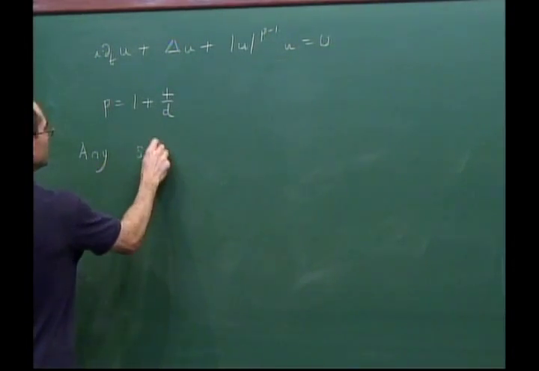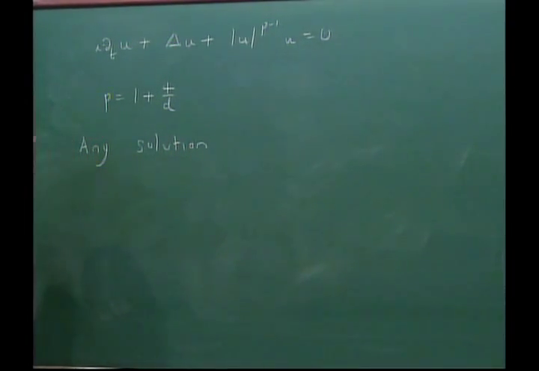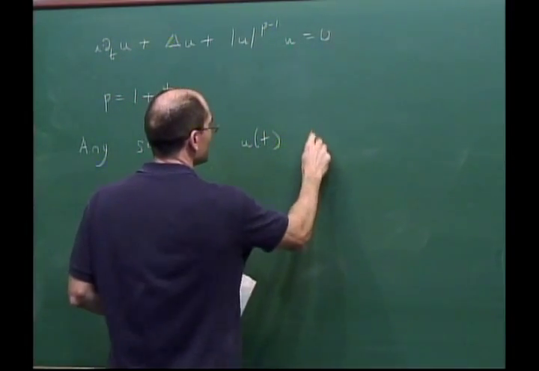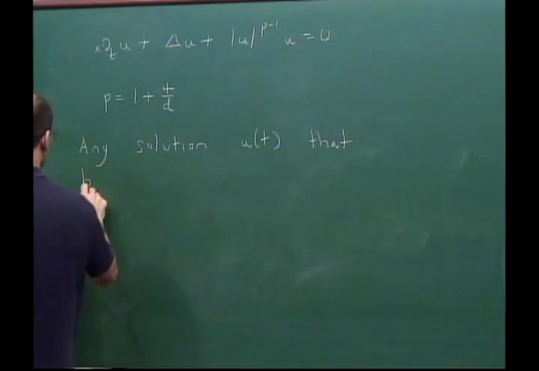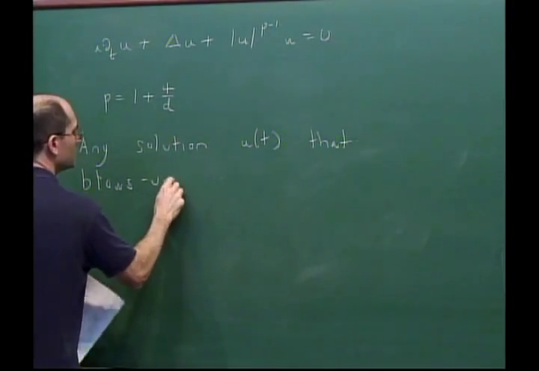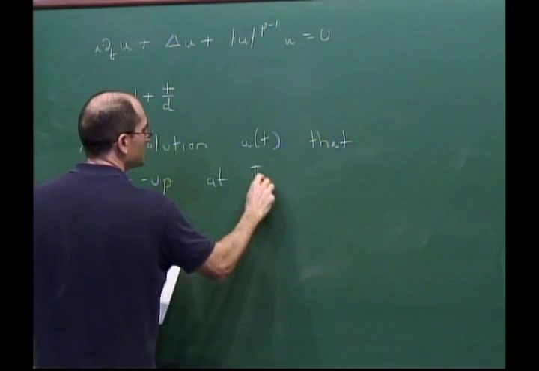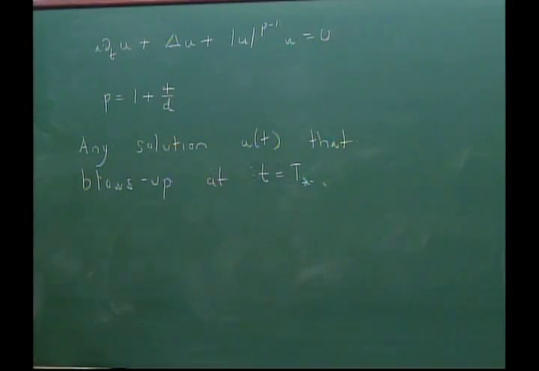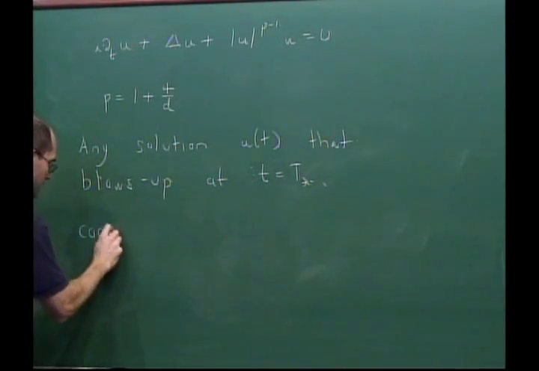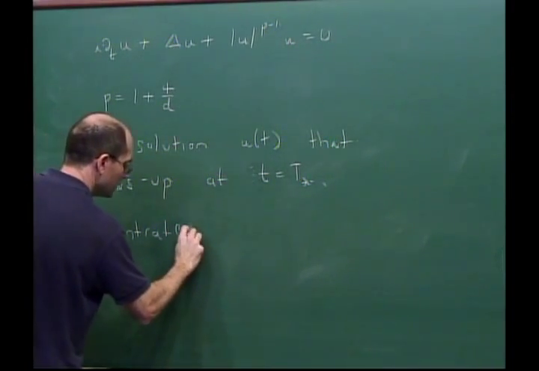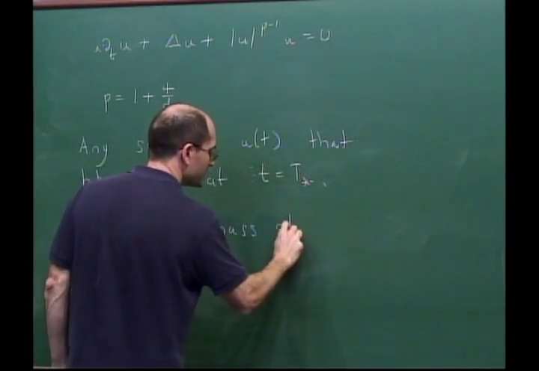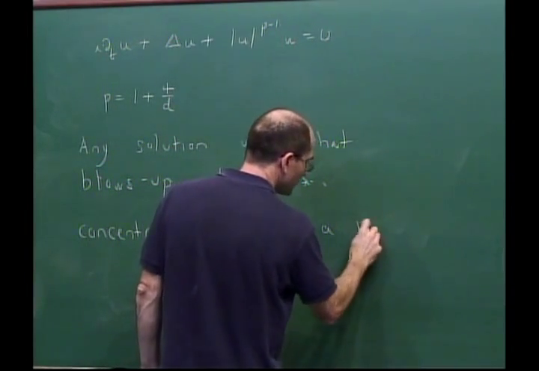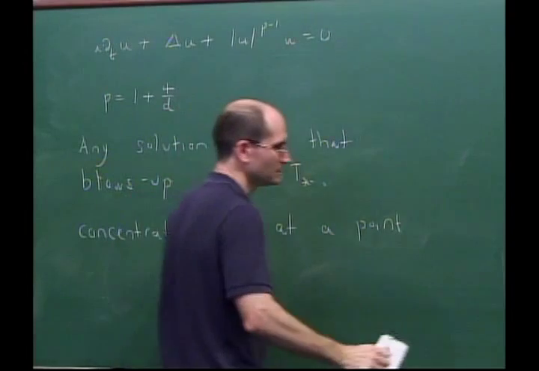So any solution, so here with all this log-log stuff, we were studying solutions whose mass was slightly above that of Q. This is a more general statement. It says any solution u of t that blows up at T star must concentrate mass at least one point. The more precise statement is